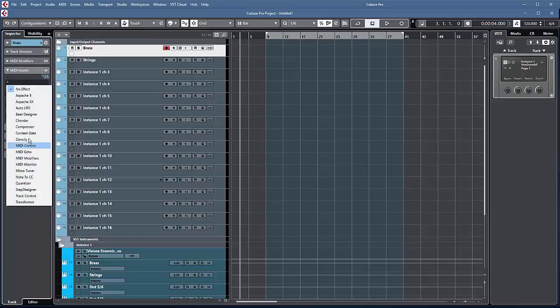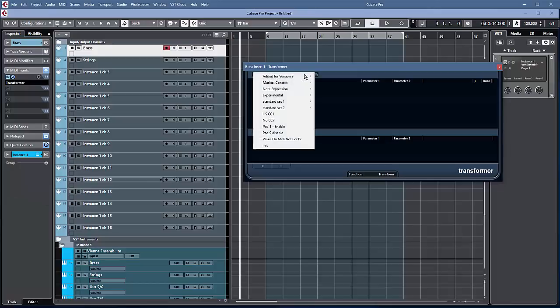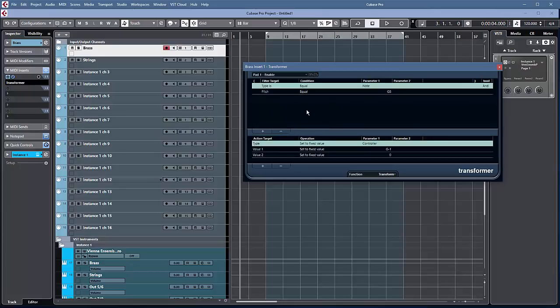I add the MIDI transformer here, and as a preset, I've got pad 1 enable. You can just hold it there and see the logic. To briefly go through it, when the pitch is equal to G8, which is what my pad is, that's G right off the top of the keyboard,